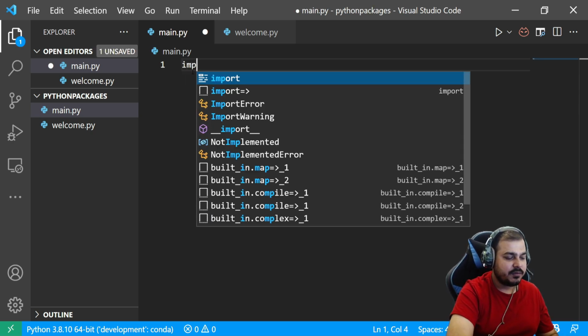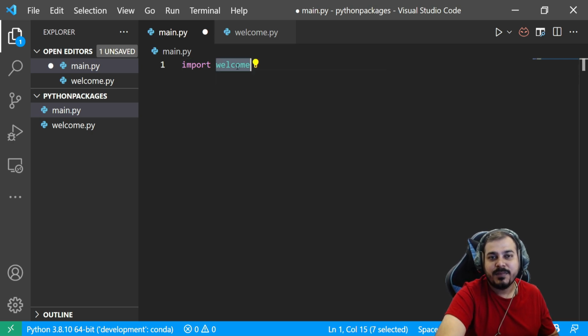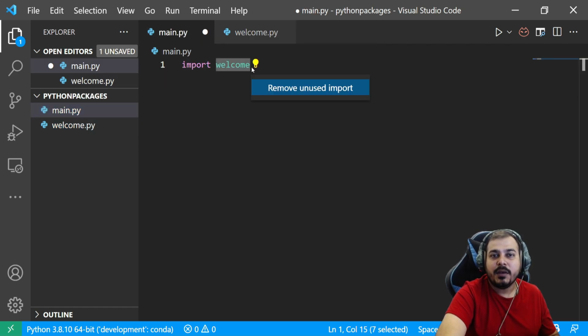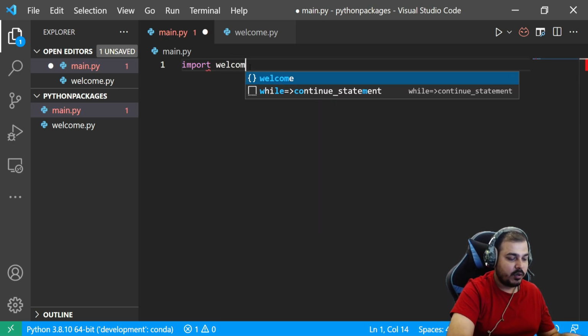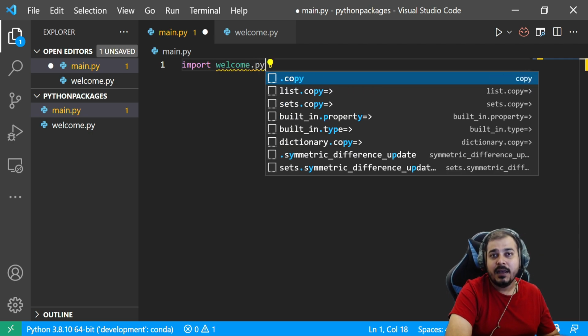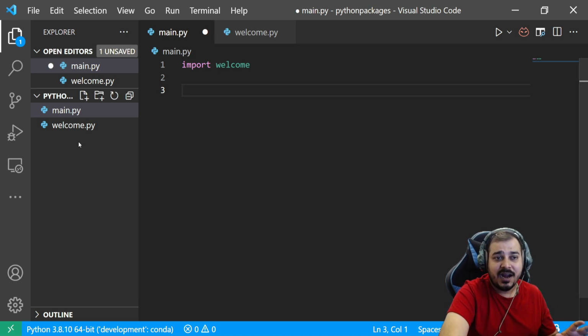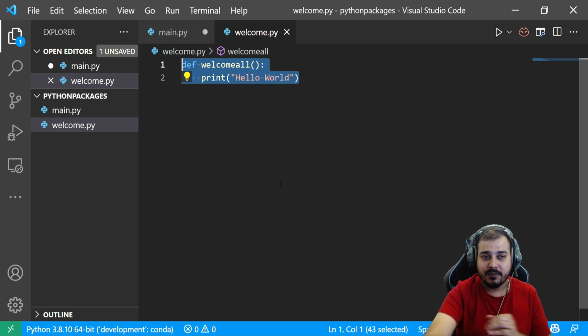It's very simple, guys. First of all, I'll say import welcome. Now this import welcome is basically my module. And remember, whenever I'm calling a module over here, it will be the same as the file name. In the main.py, I will not write welcome.py, but instead I'll just write welcome. So you should never write welcome.py, but instead write welcome if you want to access that particular welcome_all function. Just understand, as soon as you create a welcome.py file, it acts as a module itself.